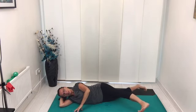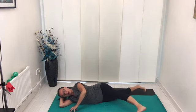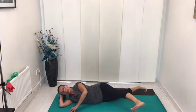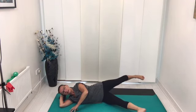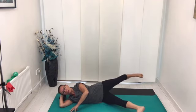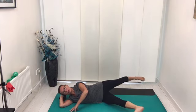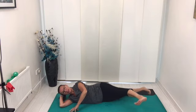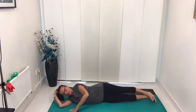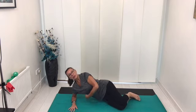You're just using the fingertips just to balance. Make a little tent shape here with your fingers and just have that little point of support. And resting through. Taking that scissor kick as big as you feel comfortable. Great for slimming down your centers, your waist area, and then just bring it back to center and rest it down. So we're going to come up onto our forearm, legs are bent, and we're lifting up from underneath here